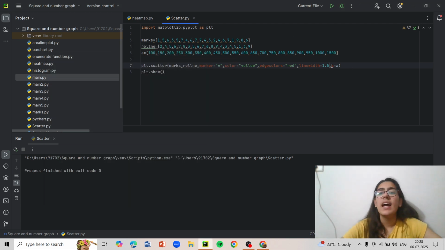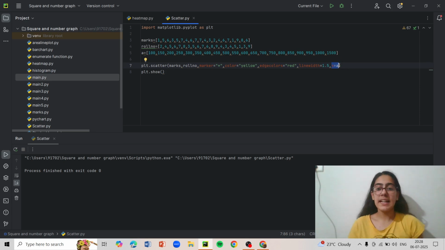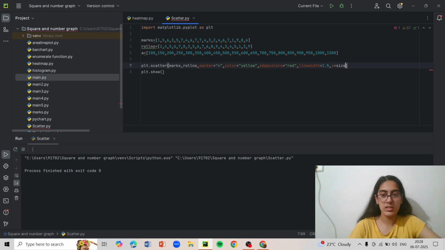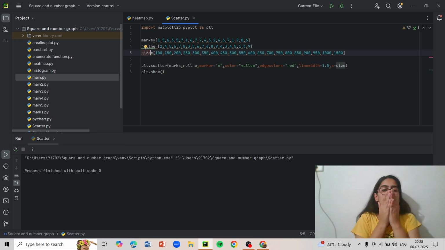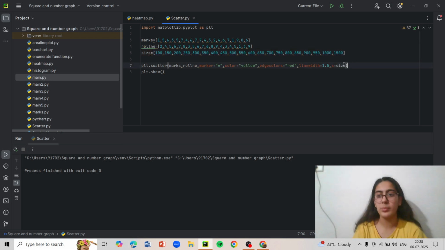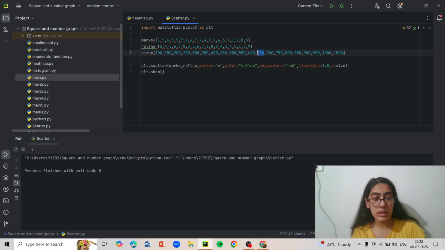1.5, yeah, this looks good. Yeah, good enough. And now, what is s? s is basically size. So over here, size depends on my last list, which is a. Let's put this as size, and then cut out a from here and write size. So here we go, size and size. This is what I was talking about. Now, let's put one of them as a little too big, a little too big of a star over here, and run it.